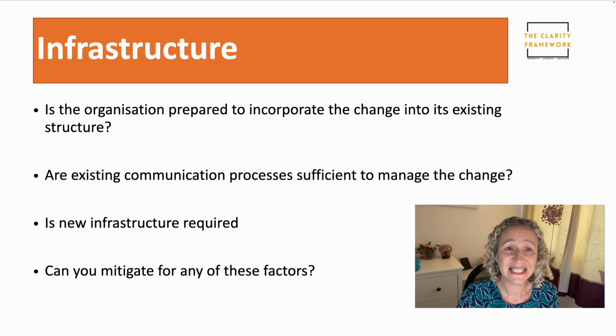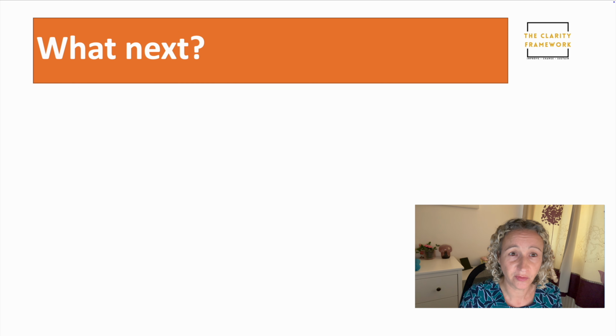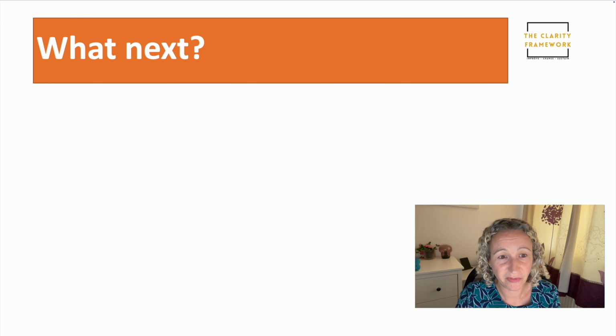So can you mitigate for any of those factors, any of the people ones or any of the infrastructure ones? You could do that early doors by just making sure that you've got these things in place. Okay, so what next? We're going to think about people's personal readiness for change and whether it impacts the scope of the plan. We talked at the beginning and said it may delay implementation. It may mean that we want to pilot the project first, or introduce phased implementation, and that's all okay, and we can plan for that.